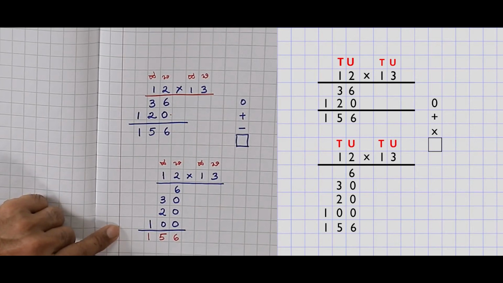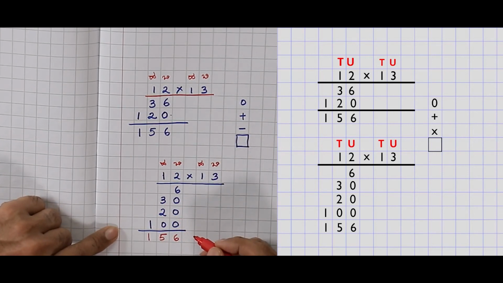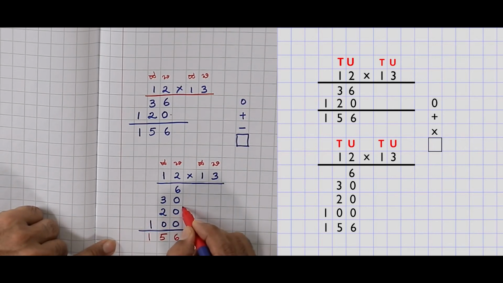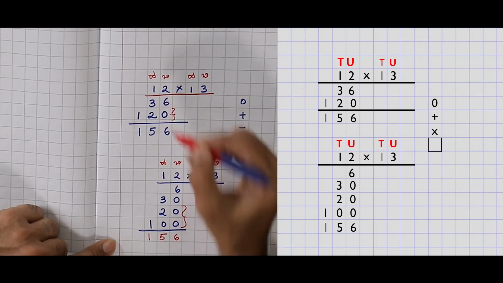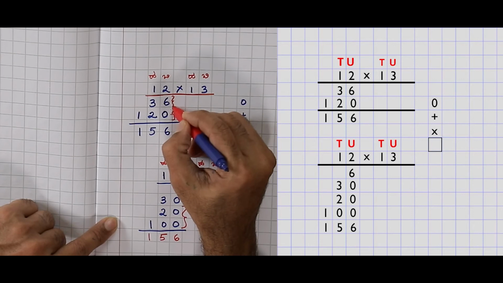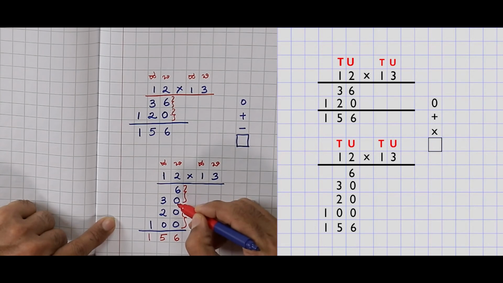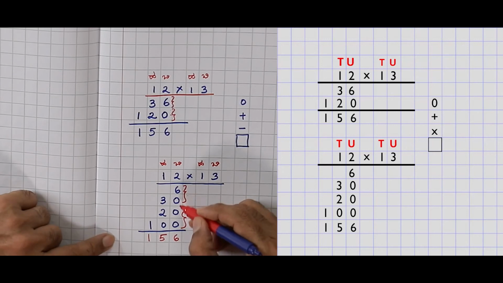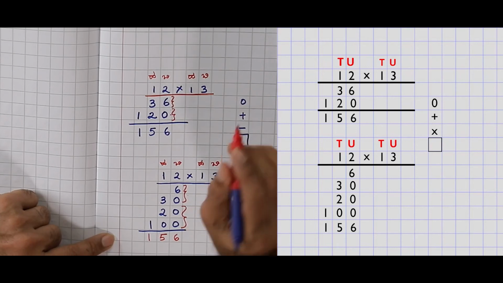When we did it with this method, the problem in both these methods is that 20 plus 100, 120, we wrote it in a simplified way. 30 plus 6, 36, we simplified it here. We have simplified a particular step. We have jumped it, that's all. This particular step we have not considered. We have directly written 36.